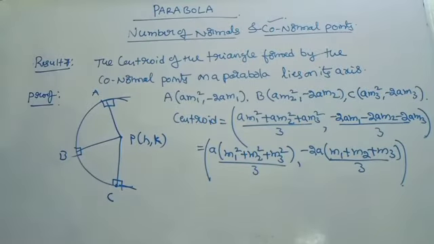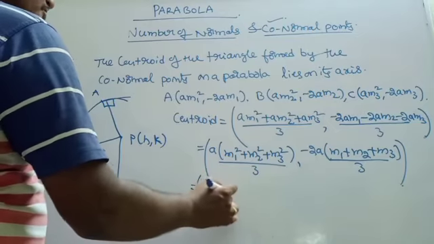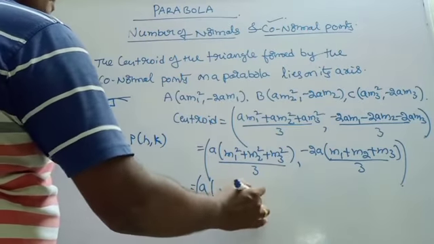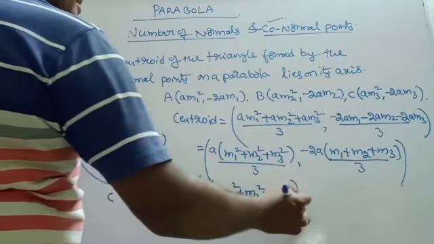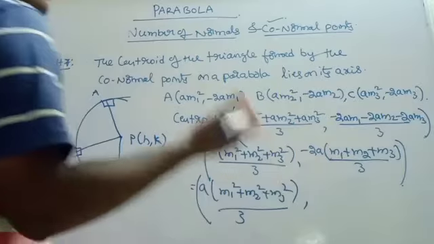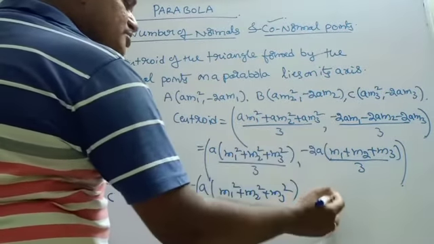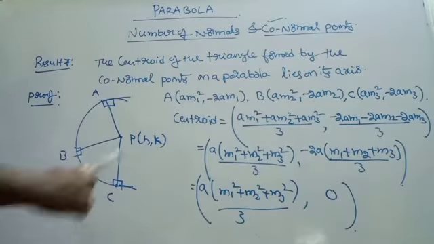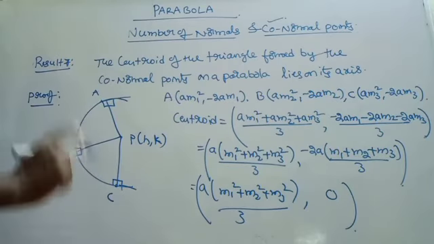Fine. Already we know that, right? This is now, my dear students, A into (m1 square plus m2 square plus m3 square) by 3, comma, this is 0. Already m1 plus m2 plus m3 is 0. Now 0 into anything becomes 0. That means, my dear students, the centroid lies on its axis,